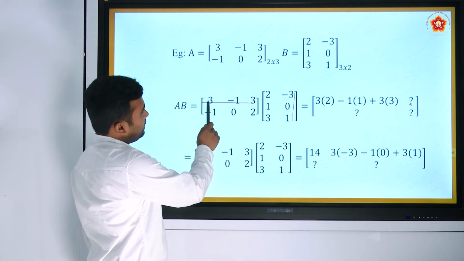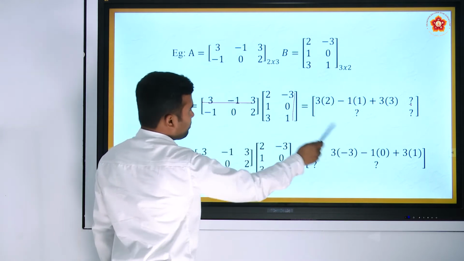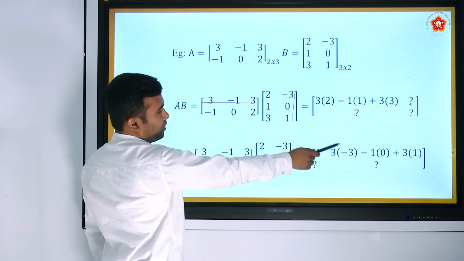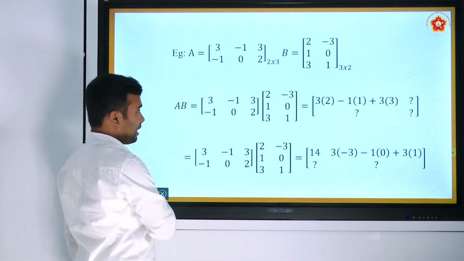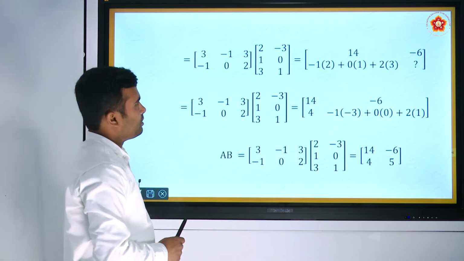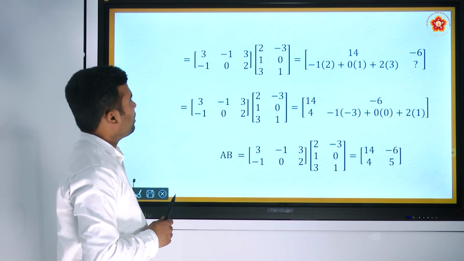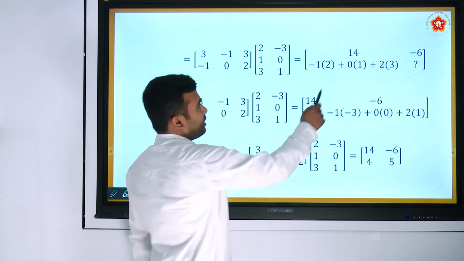So here 3 into minus 3, minus 1 into 0, plus 3 into 1. The value will be minus 6, as minus 9 plus 3 is minus 6. And similarly, this